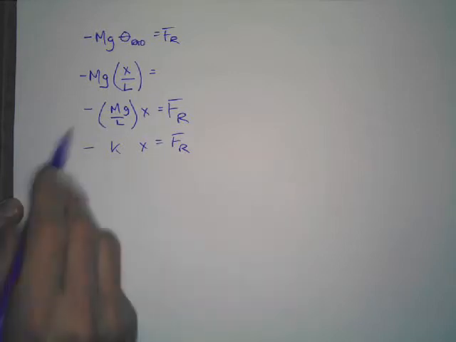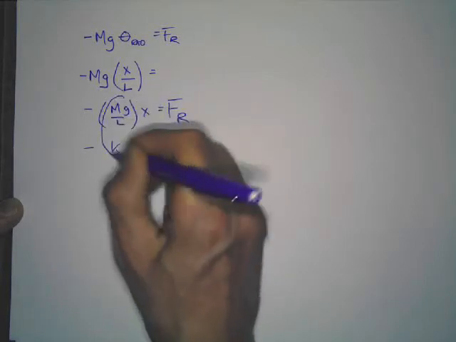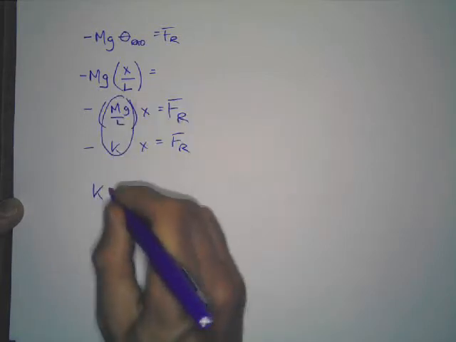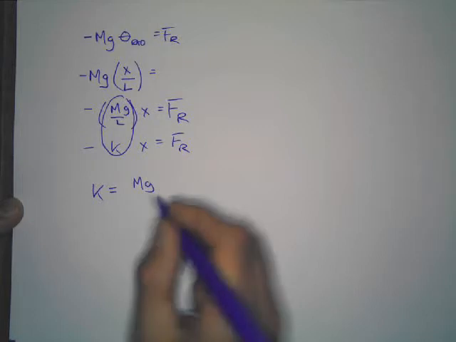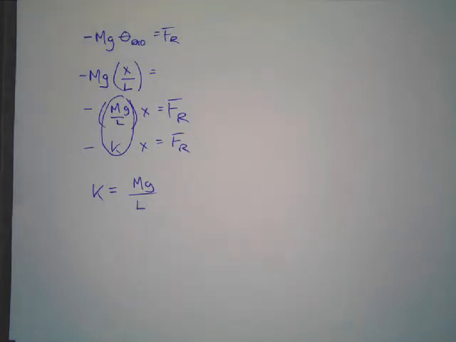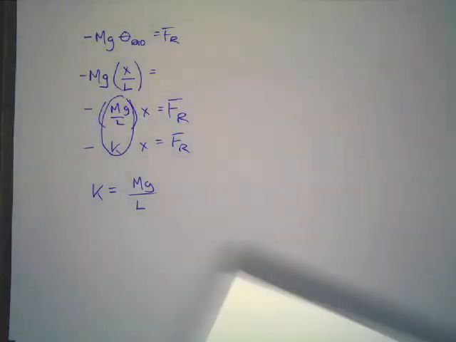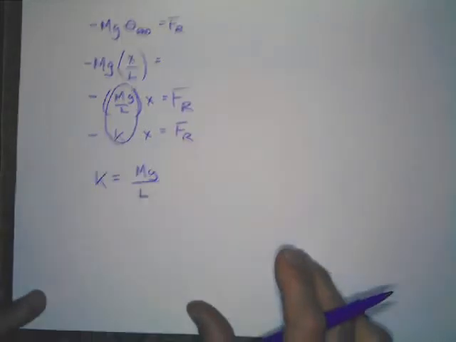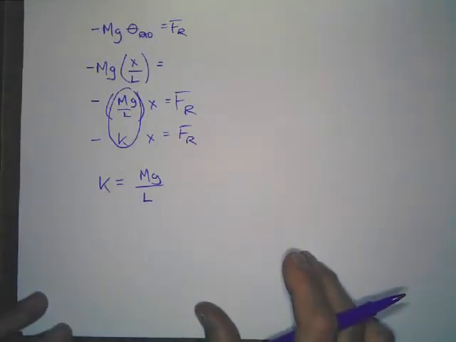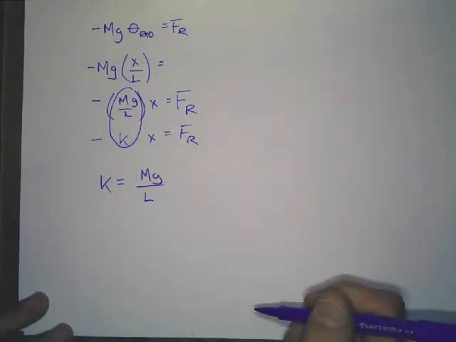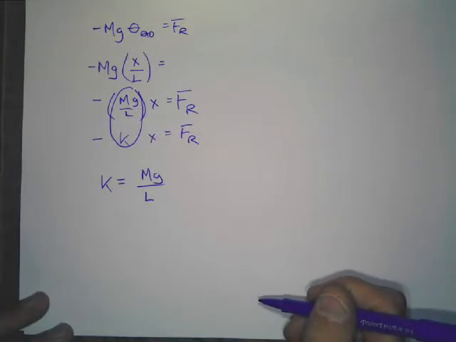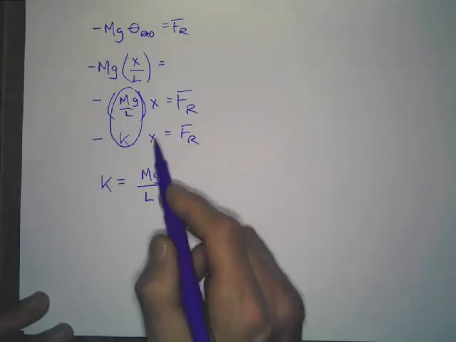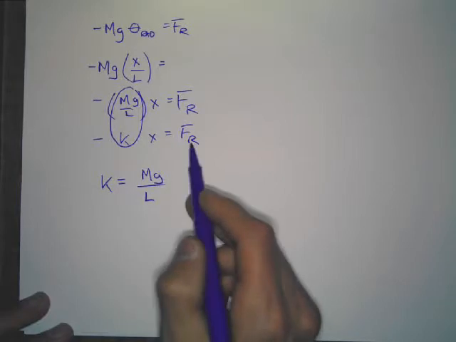And so basically for a pendulum, k is going to be equal to mass times gravity over length. It's the weight divided by the length. So k isn't a spring. This is not a spring. But that. So now you really see it, I hope, that the pendulum is following something like Hooke's law. The further you pull the pendulum back, the harder that force pulls back in a linear sort of way. It gets even better than that,